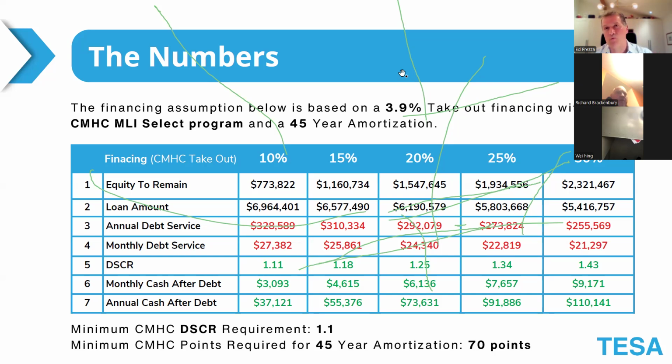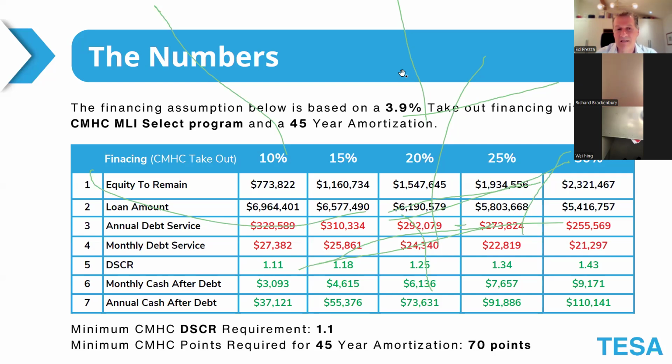The Kitchener, Cambridge, Waterloos, Barries, Aurelia, St. Catharines, Hamiltons, these other areas are where you're likely to see the 95.5. In Toronto, regrettably, because of the land component, it's a bit more of a challenge to get that. But even if you can get 80, 85, you're doing quite well.